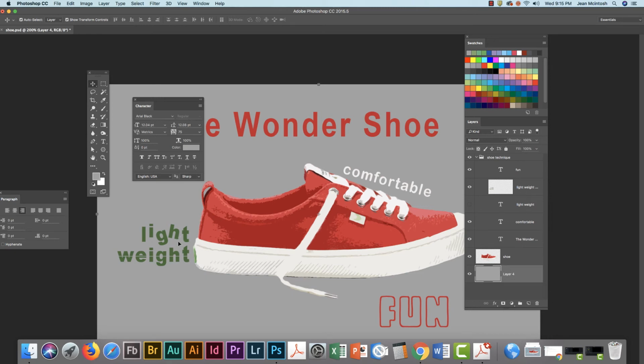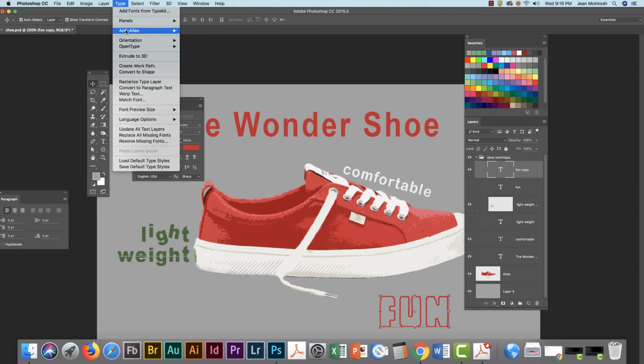Okay, the last one is fun. So this is Arial. I'm working with Arial there, and the last one that I worked with, the fun type, that's the Copal standard. So I'm going to copy that again, so I have a working copy, and turn that one off, and I've got my fun copy there. I'm going to do the same thing. I'm going to go up and rasterize the type,